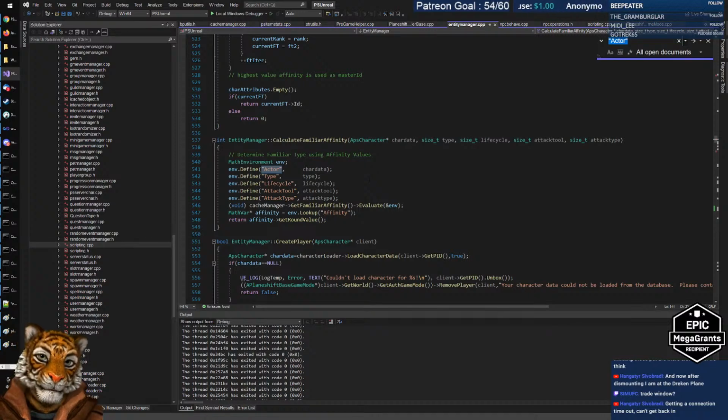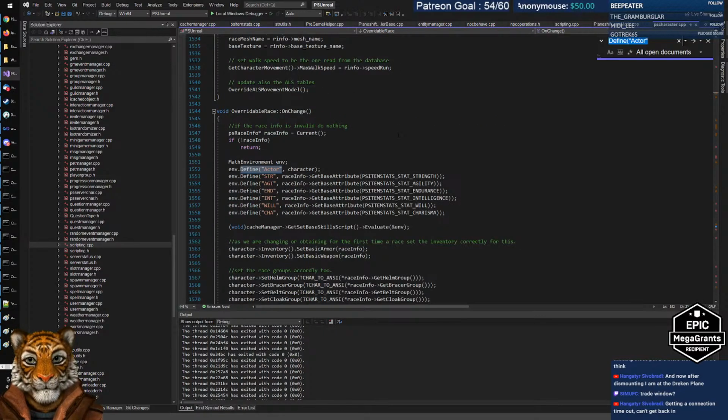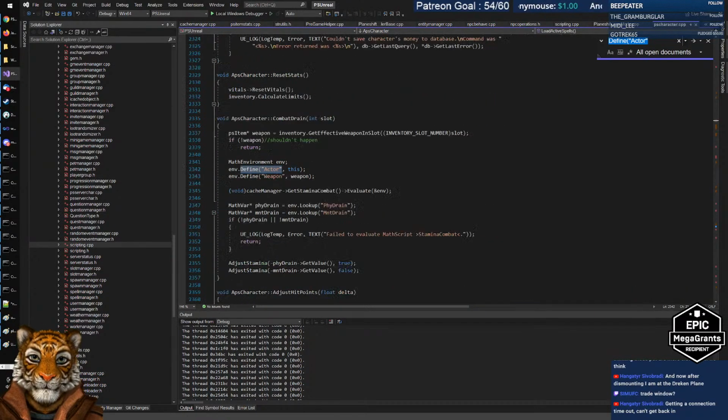Yes, should be a define actor, something like that. The problem is that this thing is really everywhere in our code. Because in reality it should never be, well, depends, because for example in combat, like when you receive